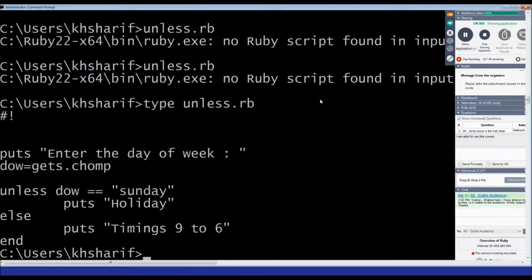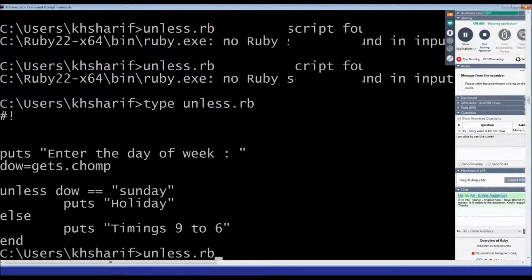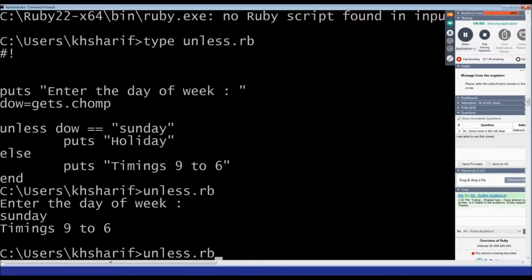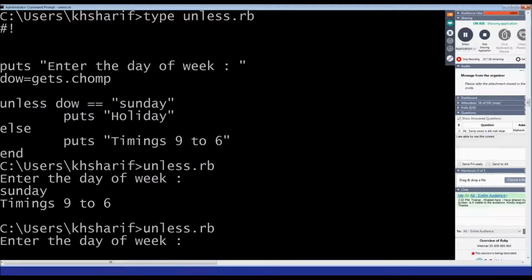Let us find out why. Let us modify the code and give something here, and let me re-execute. It is working. So let us complete this. I'm giving Sunday, and it says 9 to 6, and I give Monday,